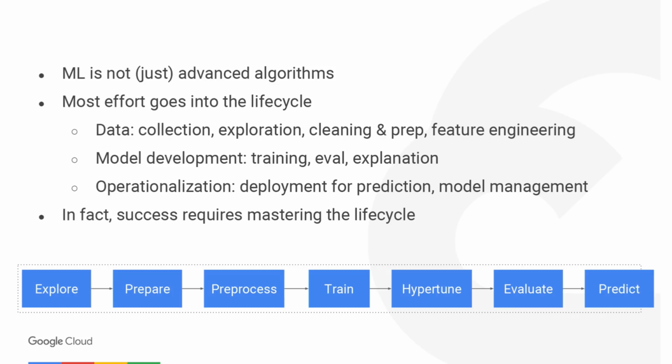Then even after these two steps, once you have a good model that you like, there is a significant effort involved in operationalizing that model. You need to be able to deploy it for prediction, have an endpoint that can scale as your load goes up or down, and manage the model over its lifetime. So for example, when a new version is created, you want to make sure that that version is at least as good as the one that you have in production, and manage these models over time so you can understand how to improve them and get more benefits. So in order to really get the most out of machine